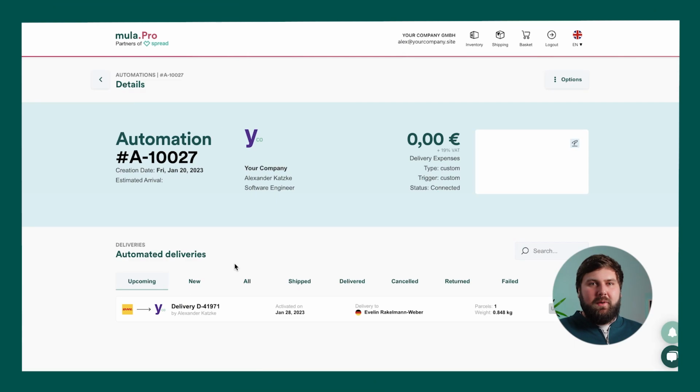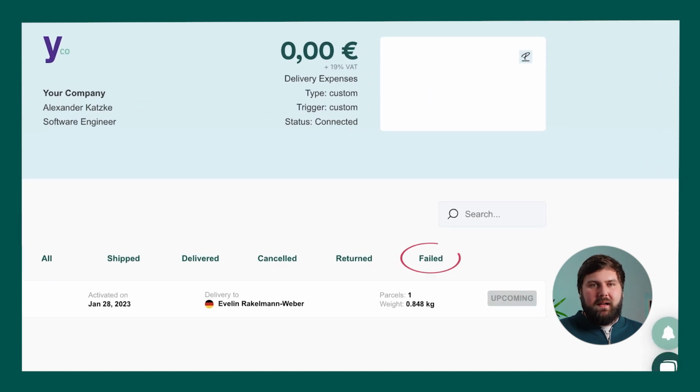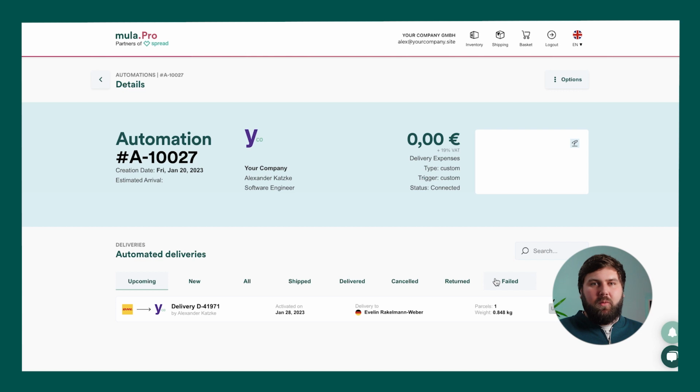When the activation date is reached, the delivery will automatically be activated and moved to the tab New. This delivery will then be processed in our warehouse and prepared for shipping. In case a delivery has a wrong or missing shipping address, it will appear under Failed, as it cannot be processed at the moment. If you update the address in your HR software, the delivery will be updated in our platform during the update cycle. Also, if you don't have enough stock, the delivery would appear under Failed too.